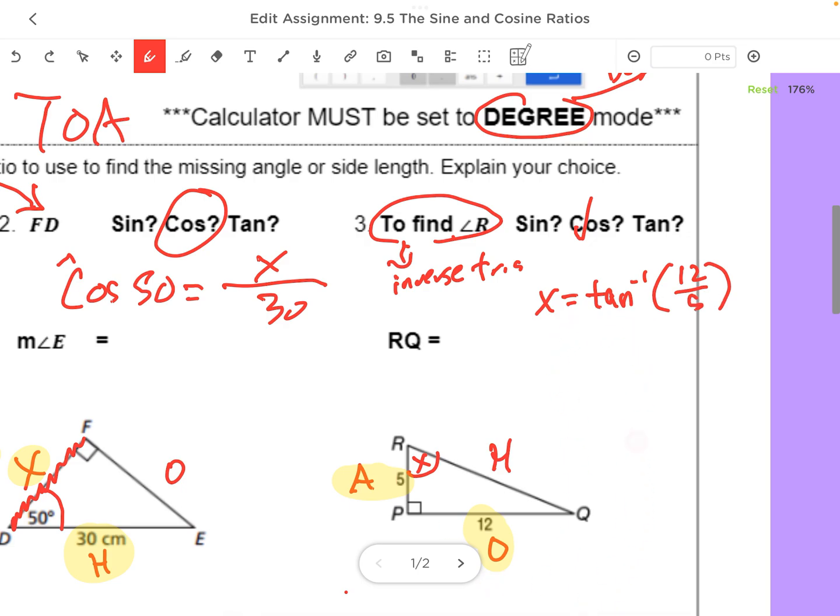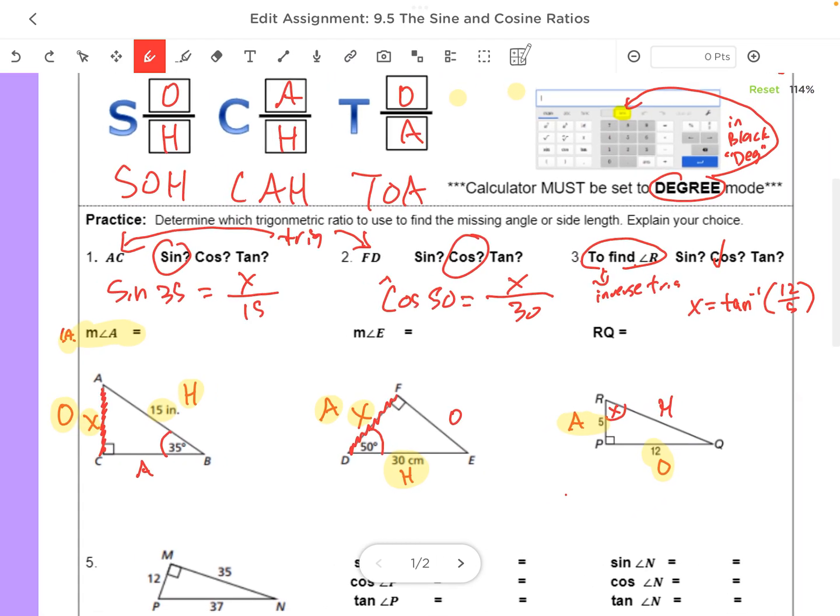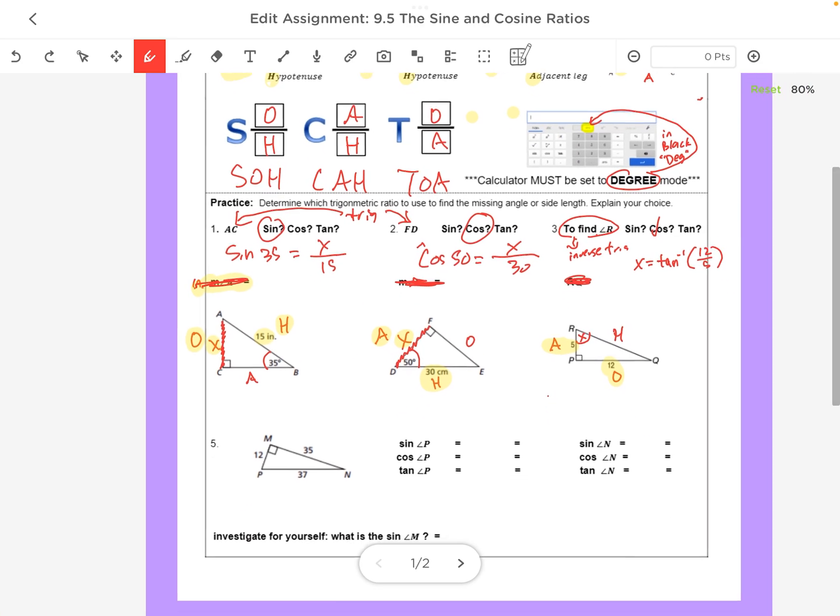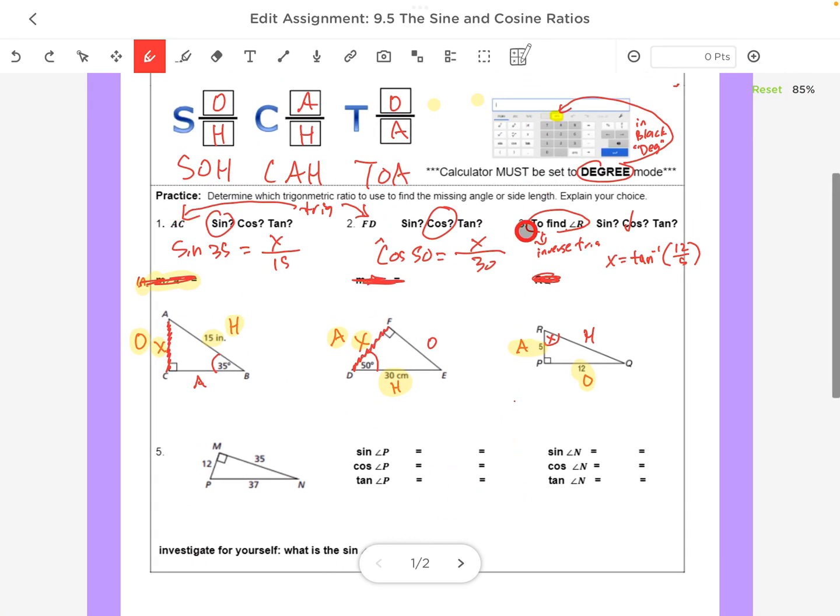All right, so actually, let's just skip this stuff right here. We're going to skip those. All right, so keep that in mind about which one we can use. So that's what today's lesson is about. Okay, we're going to either use tangent like we did last time, or sine or cosine, but the same procedures. All right, so keeping that in mind,